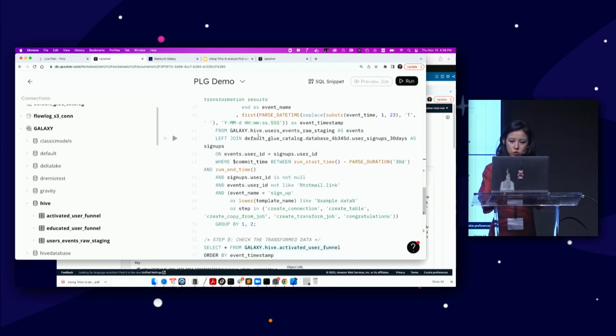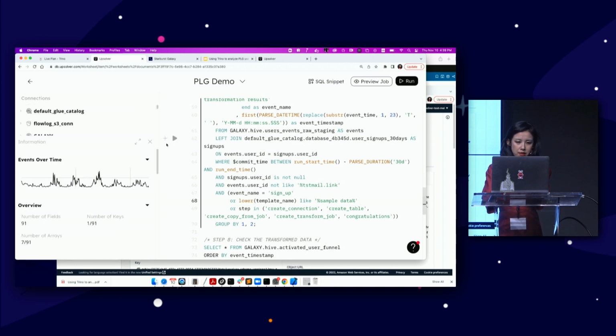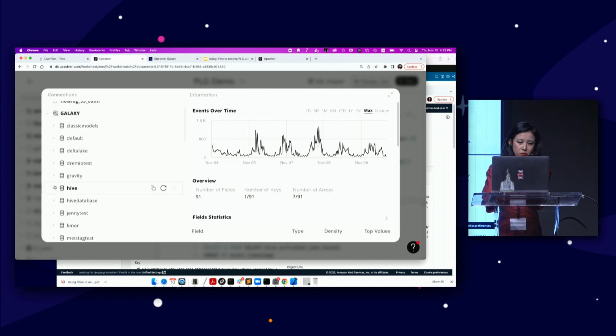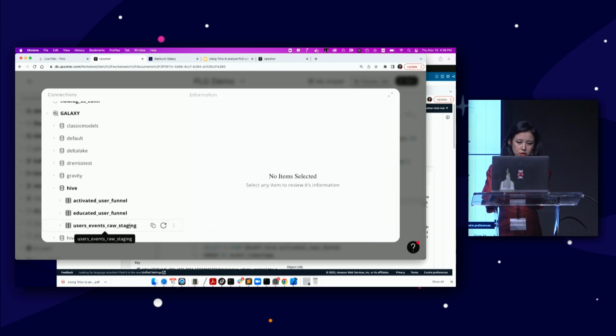The left join here is 30 days. I'm doing the raw event, left joining with the 30 days of data and getting the results from there for the funnel. One of the things that's really cool is that I can get a bit of analytics here where I can see all of my data, which is in Hive, the database, and I can see the raw staging table